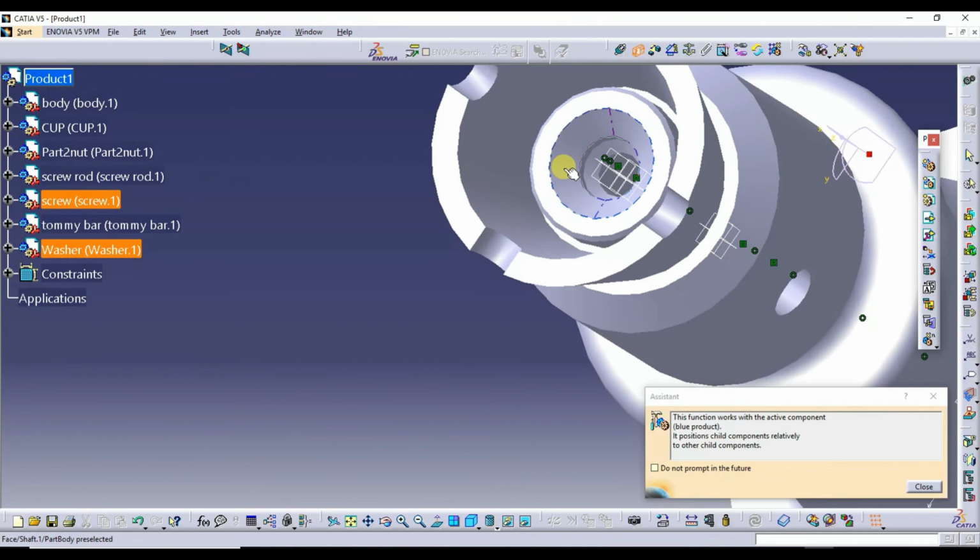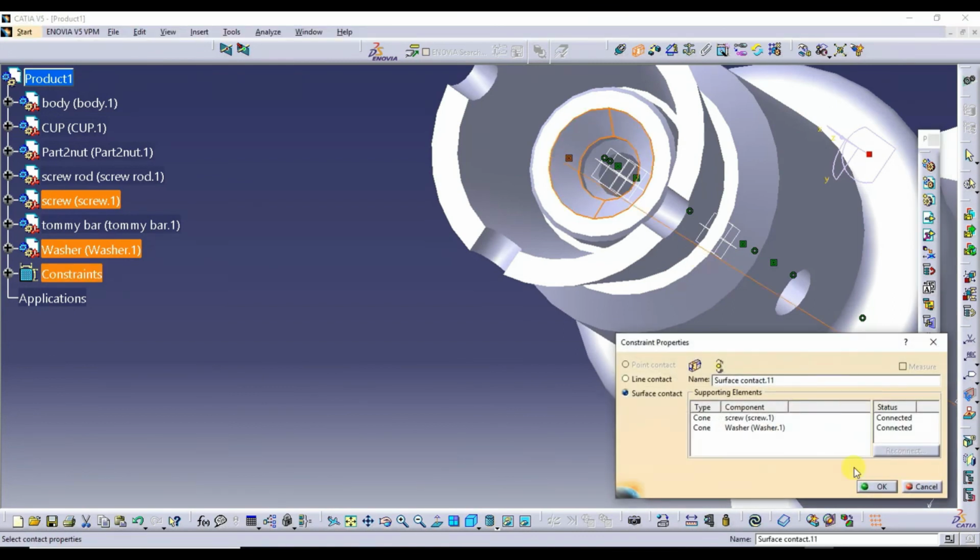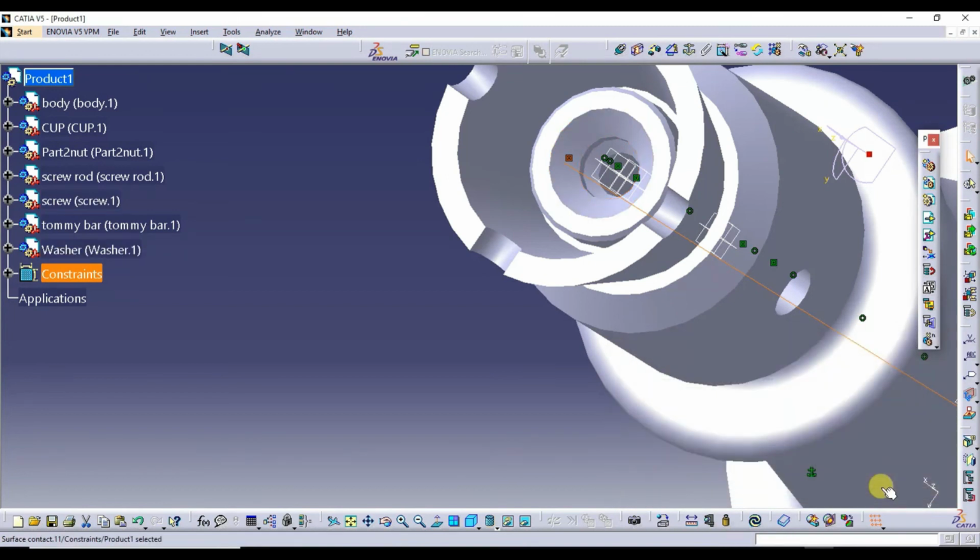It has to come and sit on this surface. So click OK and go for the update command. So see here, this screw is coming and sitting on this conical shape surface.